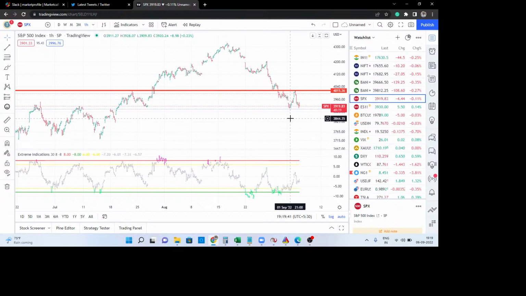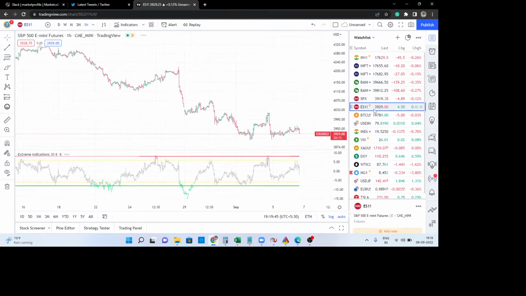In the US market, we use SPX or ES Mini. Like how we have Nifty, they have the S&P 500. Like how we have Sensex, they have the Dow Jones. I track S&P a lot compared to the Dow Jones, and very few people trade the Dow Jones. Real traders trade in ES Mini, so I do keep track of ES Mini.